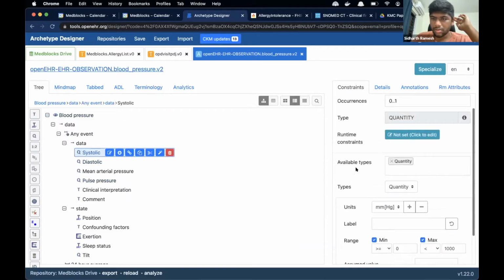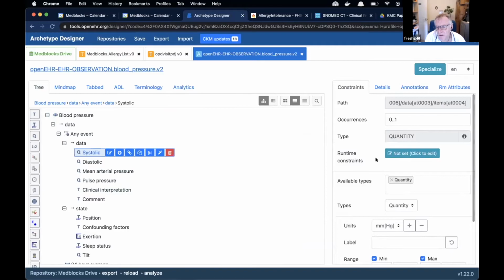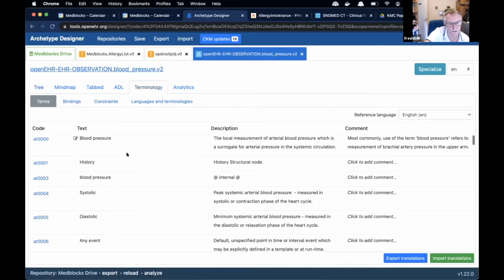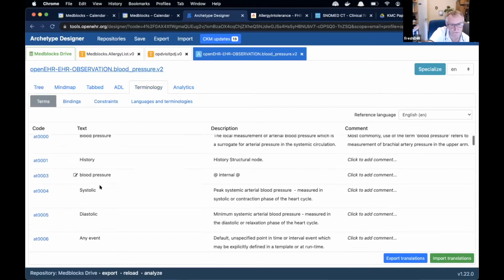So inside openEHR, they took the view, because this is a point where there were no good international terminologies for these kind of things, that it was easier to create little internal codes inside the archetype. So what you can see there is that the systolic code is 800004. That is normally what we would use in querying, that very last little code. That means systolic. So if you now go to terminology,